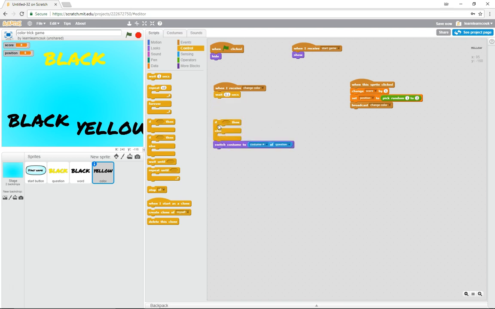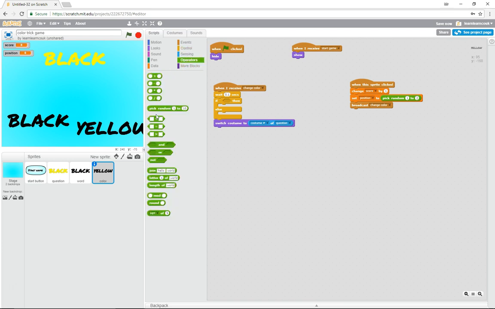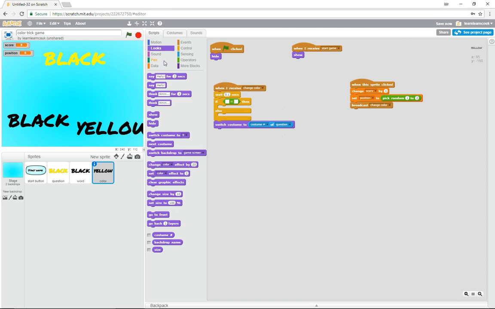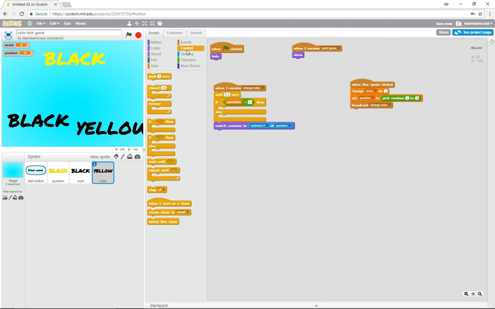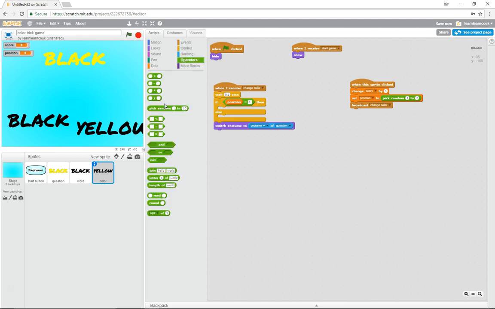We'll put it above there actually. Here we go. And that goes to there. And we can say, okay, if our position equals 1,